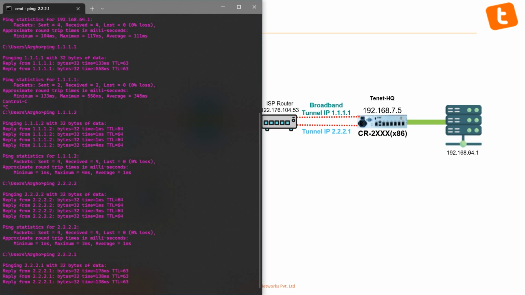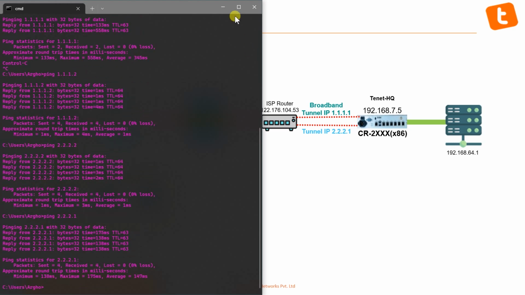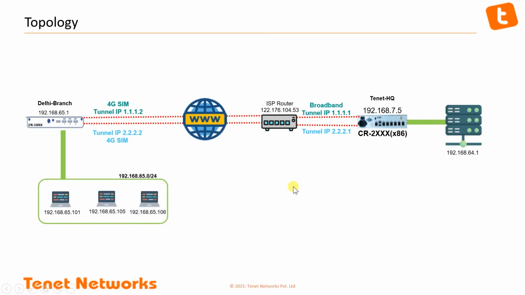And looks like all our interfaces are working, and that's basically how we create tunnels between two sites, and that will help us to transfer all data from our branch side to tenant side. All data will be encrypted as it goes through